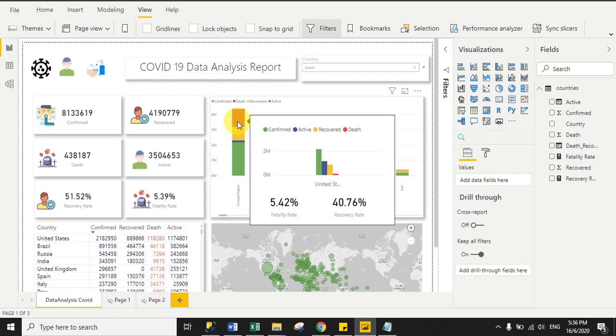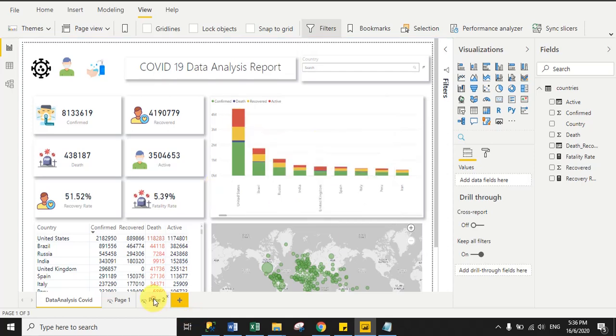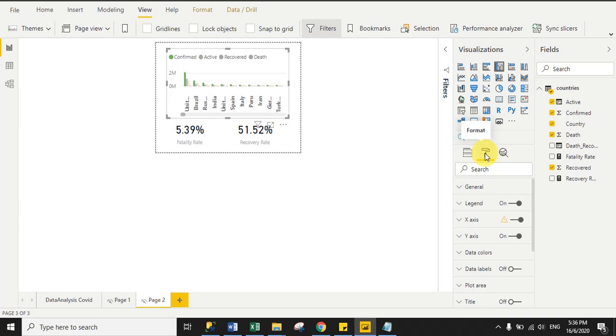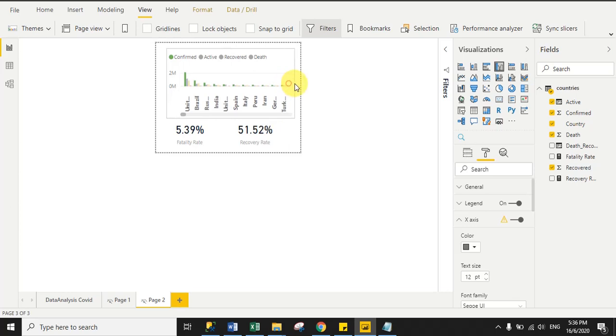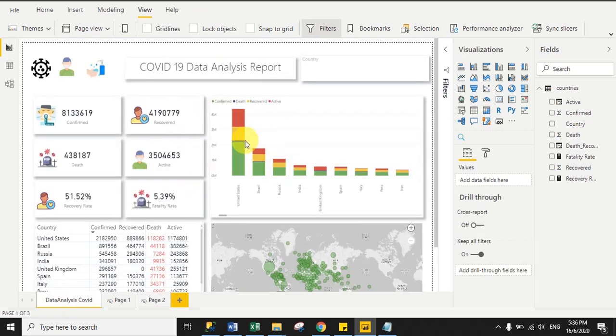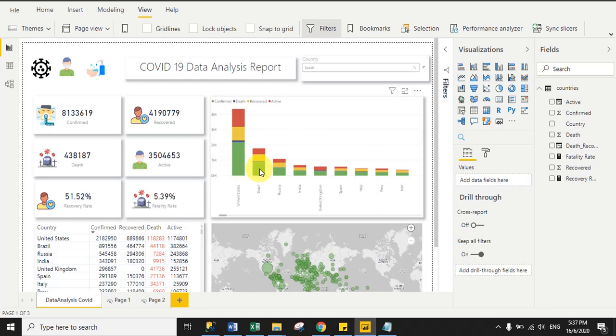So also you can increase the width of the tooltip. You can see here it is showing United and it is not showing the complete country name. So also you can increase and decrease the font size of your clustered column chart visuals, right? So here I decrease the font size to 12 pixel and increase the width a little bit, right? Fine. Then go to the main page and just hover the mouse over any country name.